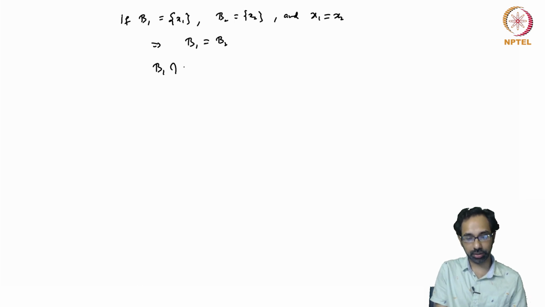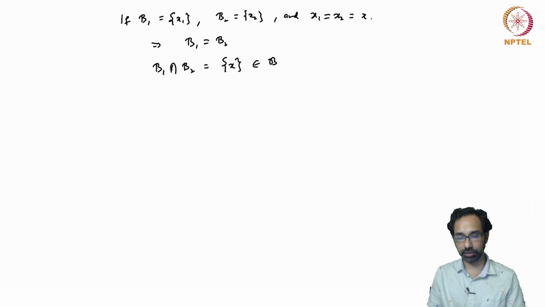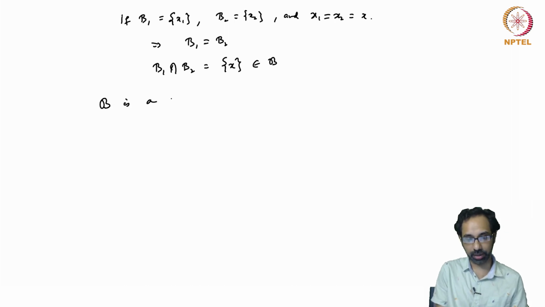So B1 intersection B2 is the same set, {X1} or {X2}, so let's call this {X}, and so this is already a basis element, and of course this is contained inside B1 intersection B2, and so property 2 holds in this case as well. So we see that this collection B is a basis,